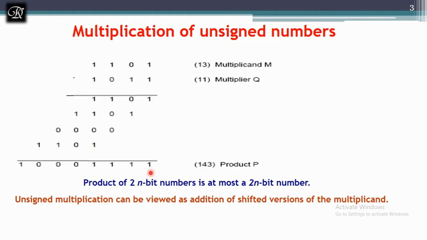In the first column, 1 remains as it is. Then 0 plus 1 is 1, 1 plus 0 is 1, 1 plus 0 is again 1. Next I have 1 and 1, which is 10, and now it is added with 0, so it remains 10. Now I add it with 1, and it becomes 11. So I write 1 over here and carry 1 to the next level.